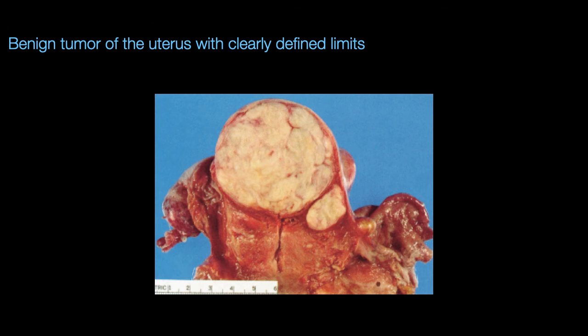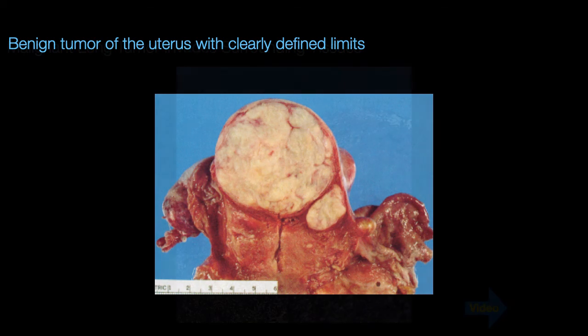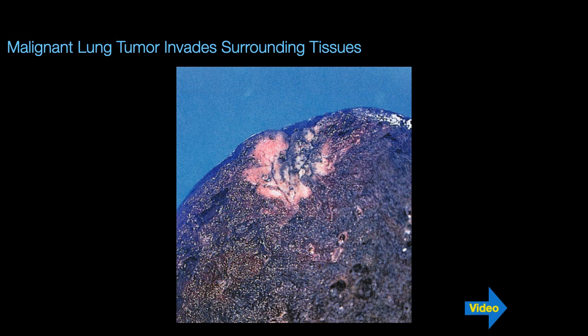So here you have an example of an encapsulated, not infiltrating benign tumor. In this case, it's in the uterus. It has been removed. There are reasons to do that, because it can be destroyed in a safe way, and because benign tumors sometimes may turn into malignant because they are dividing and they may suffer mutations that turn them malignant. They are removed. And here you have an example of a malignant tumor.